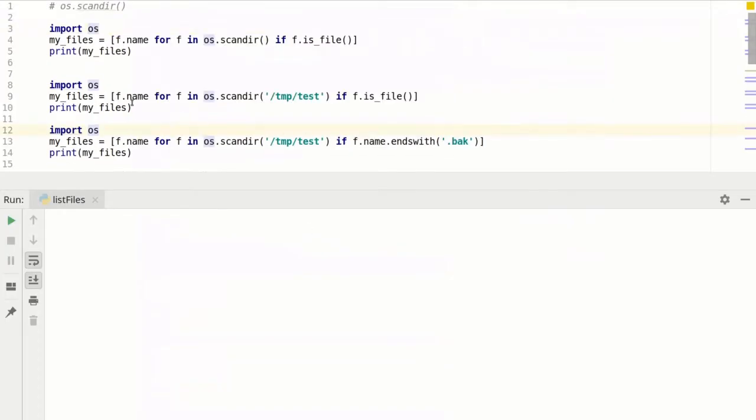And let's see our examples. First we will start with os.scandir. You can see the first example here. We import os, this module. Then we have a simple lambda expression